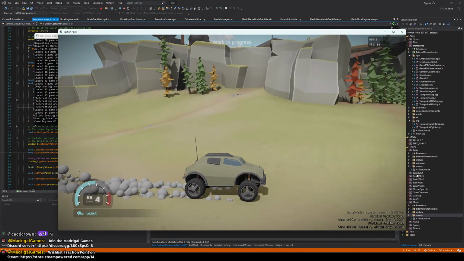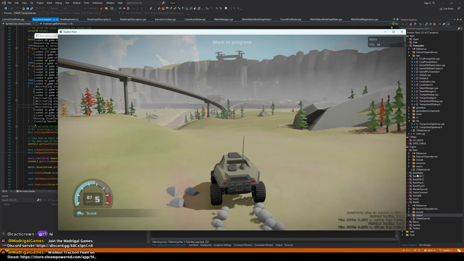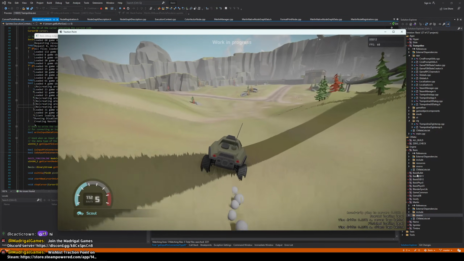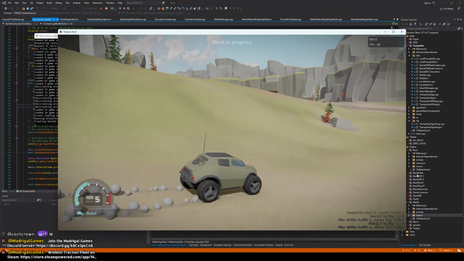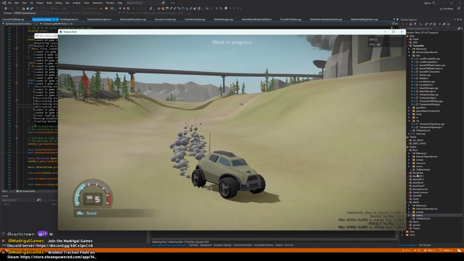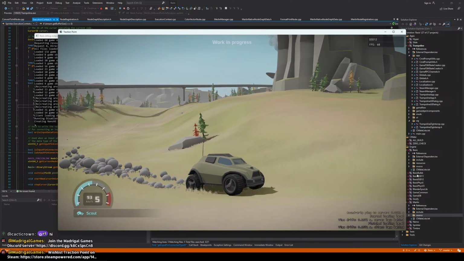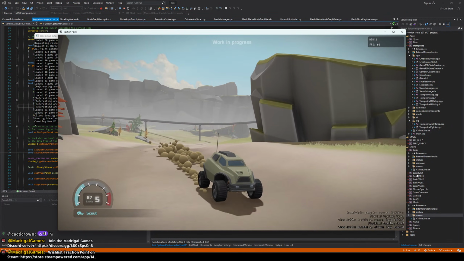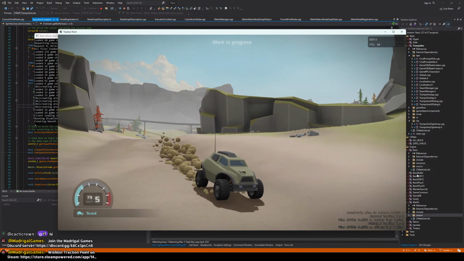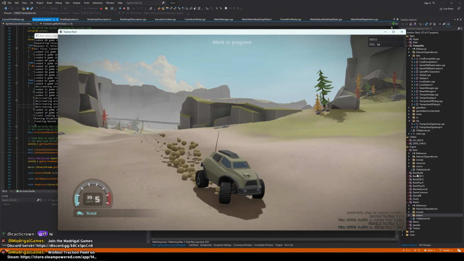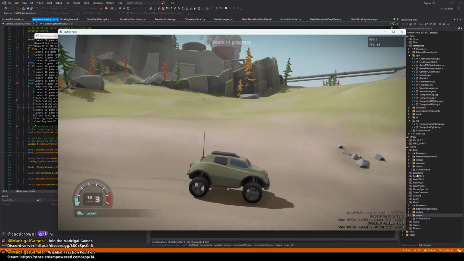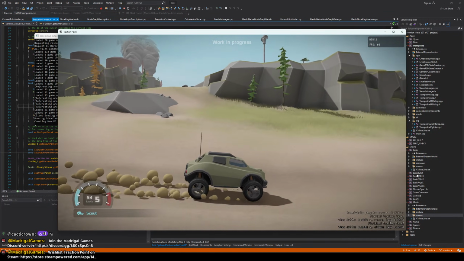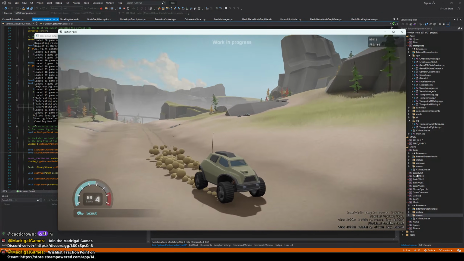So if you missed the previous two streams, I did one yesterday and I did one a few days ago. What we're doing basically is we're taking the node graph based particle effects that we have in the game, such as this cartoony smoke effect thingy, and we're converting them into native code for better performance. So we're generating Zig code out of this,